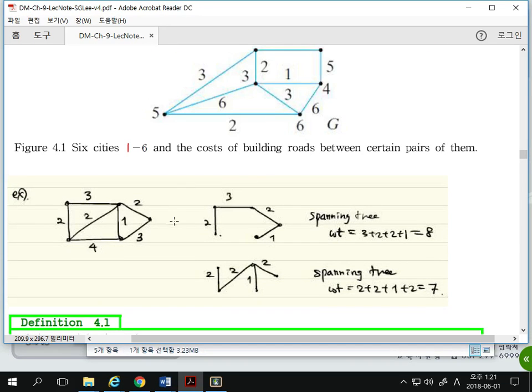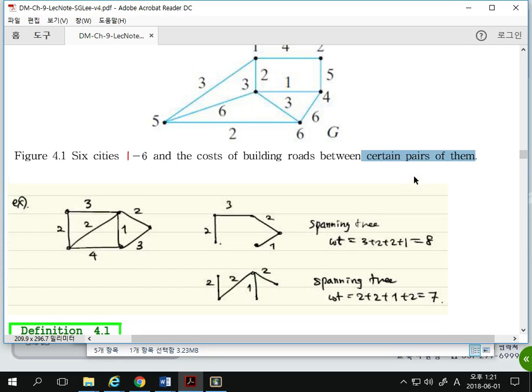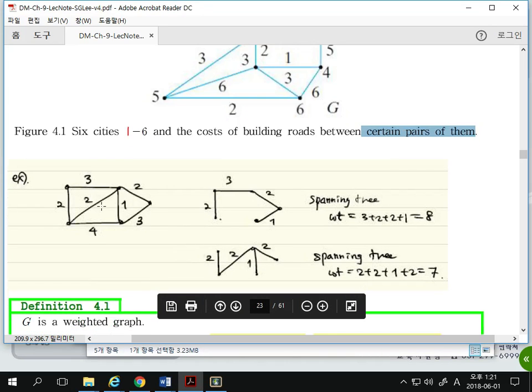But here, there are 6 cities from 1 to 6, and the cost of building a road between certain pairs of them. What will be the cost-effective road to build between these 6 cities? So, for example, on this graph, if this is weighted like a distance, then